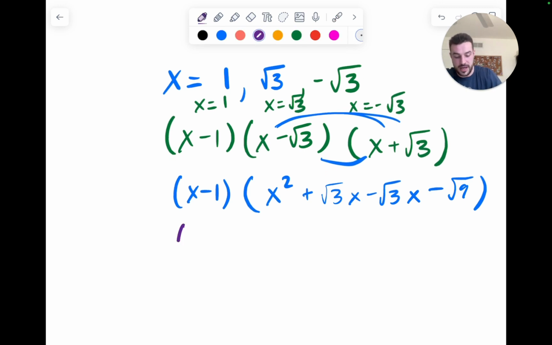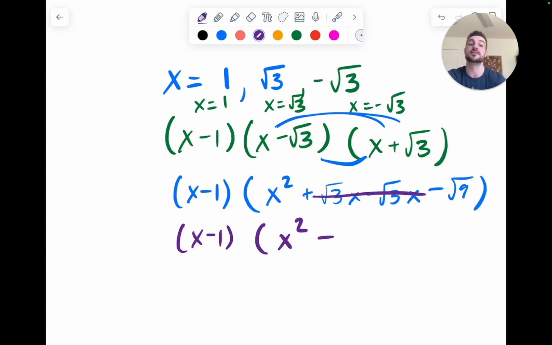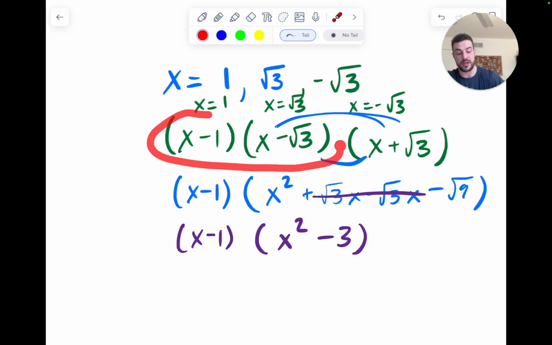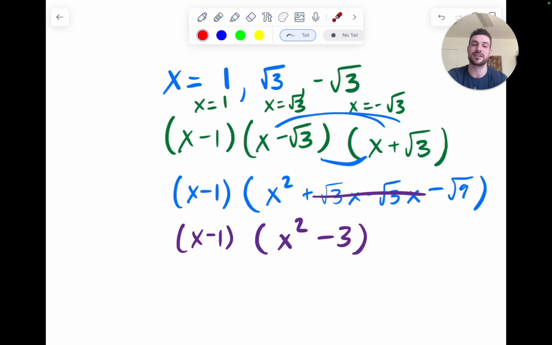So I'm going to have an x minus 1 still, and then I'm going to have an x squared. Again, our middle terms will cancel each other, and I have minus the square root of 9, which is 3. Now our radicals cancel each other out, which is what I wanted, which is why I multiplied these two first. You could get the same thing if you multiply these, but you won't get all of your radicals to cancel until the end, which is this last step I'm about to do,